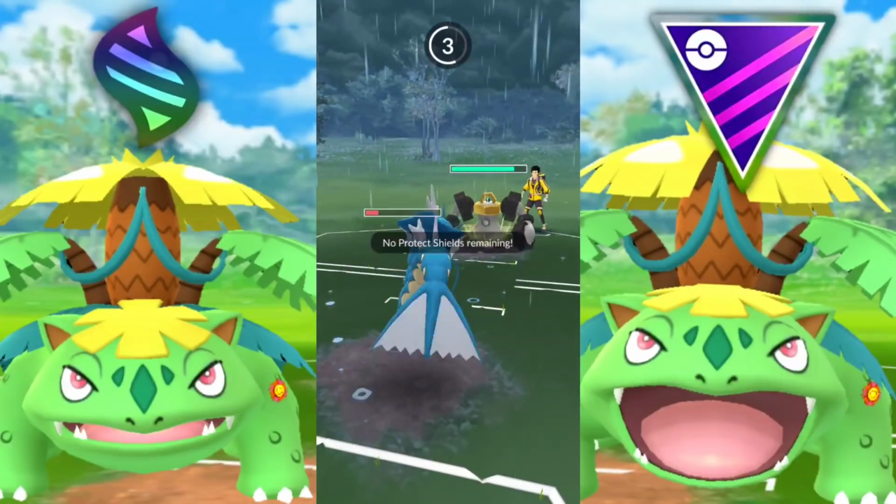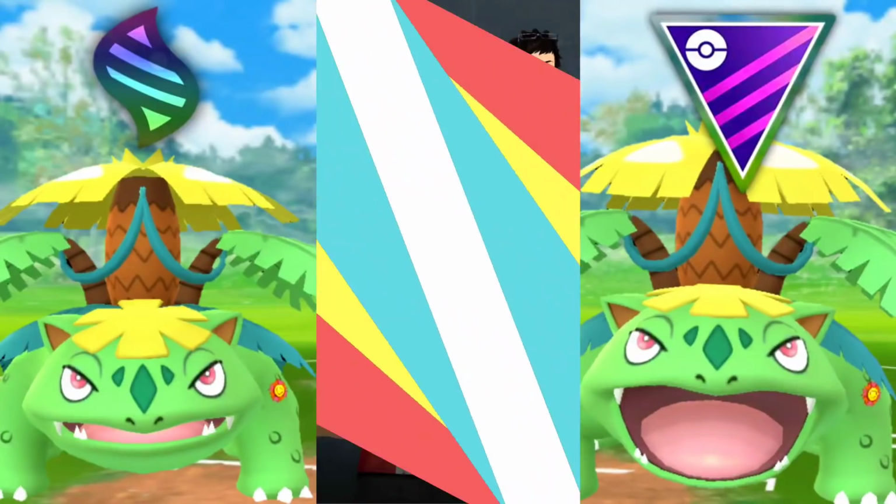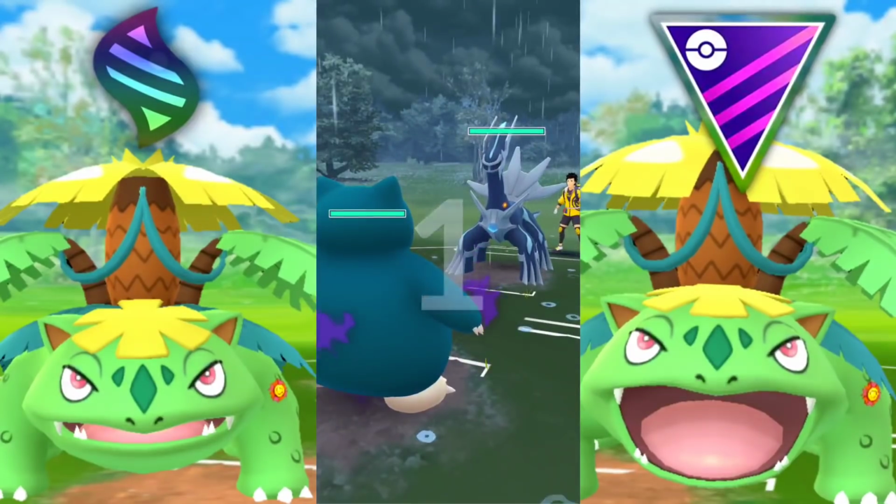And I am getting countered here. There's no way. And that Melmetal is going to be taking us out. Easy money with a Rock Slide. Okay, no problem. We can fight fire with fire. But in this case, Heatran. I think I'm going to be using